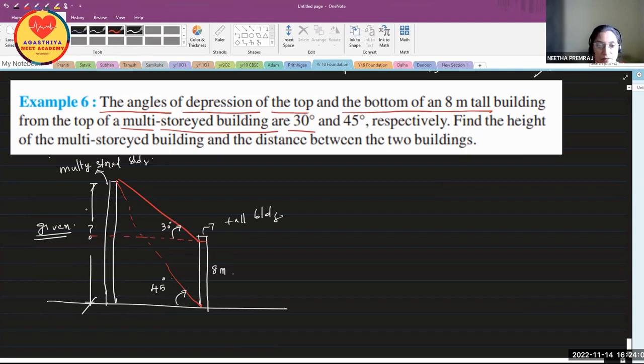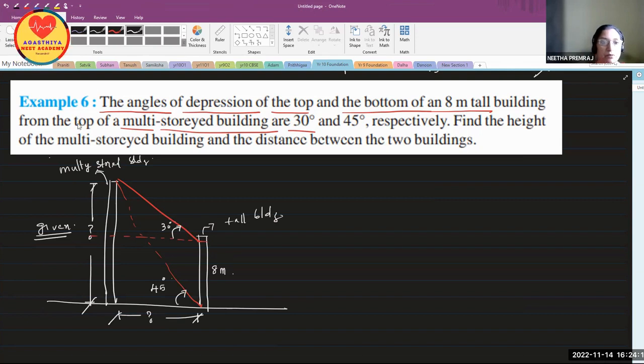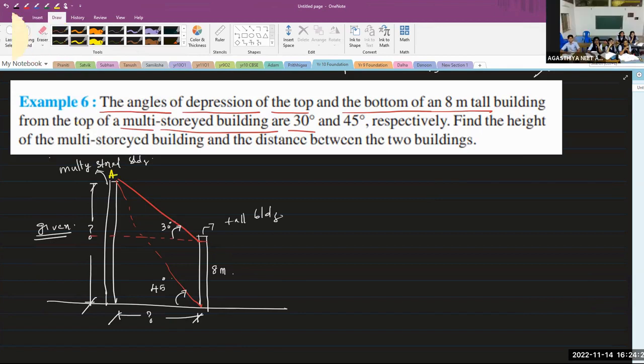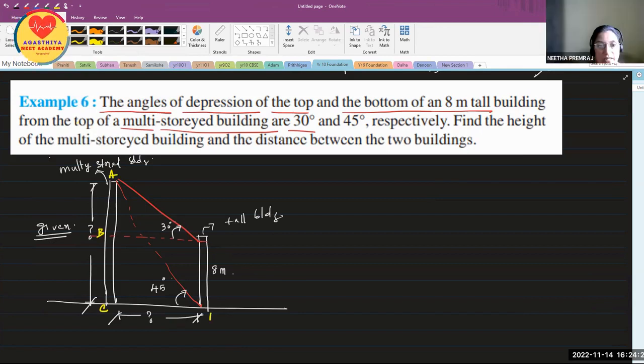And the distance between two buildings, this is also the question. Okay, I use a different color. I name the vertices A, B, C, D, E. Now, what I do, I take the triangle